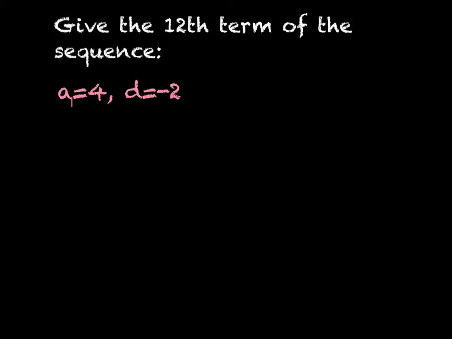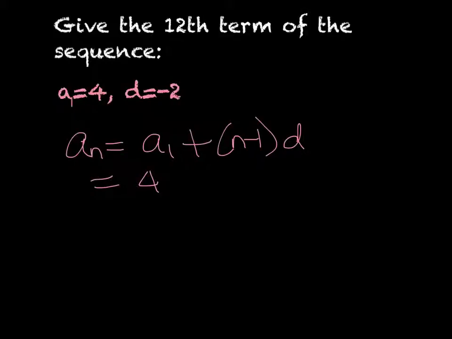Give the 12th term of the sequence. A1 equals 4 and D equals minus 2. Since they gave us A1 and D, we can write out the nth term formula for the sequence. So A of n equals A1 plus n minus 1 times D, which is 4 plus n minus 1 times